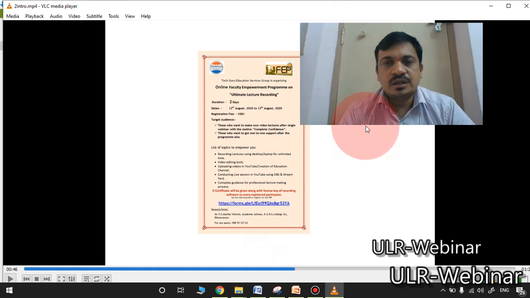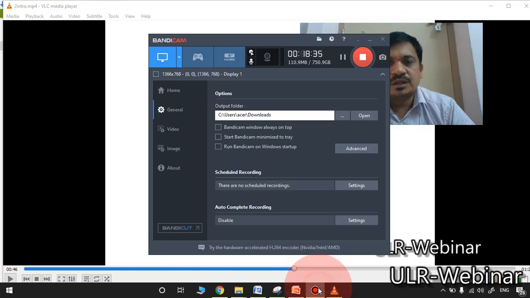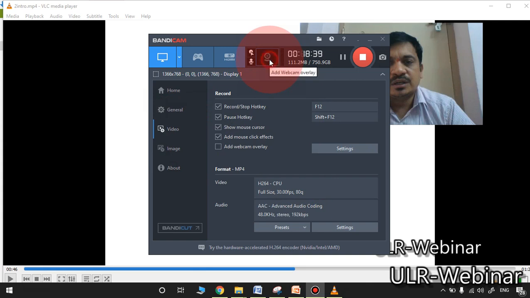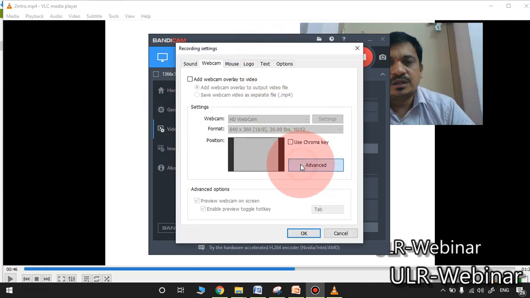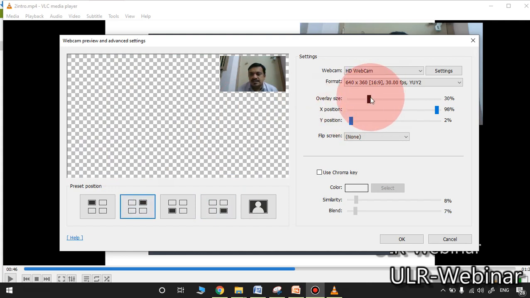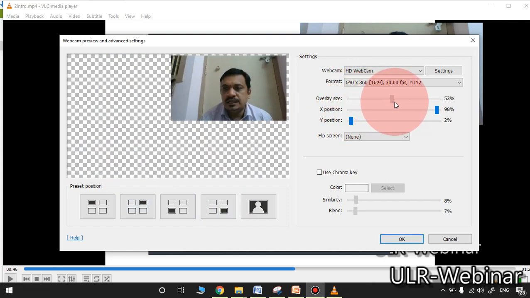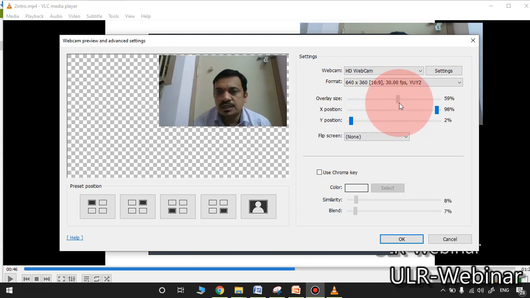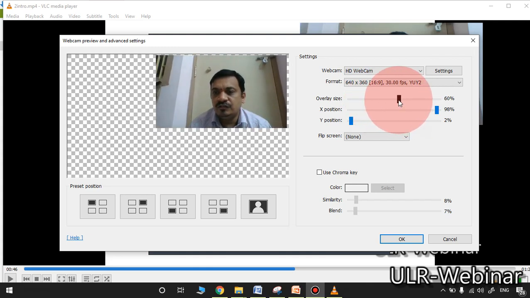You may change the camera span by using the settings. Here you may adjust the size of the camera. Initially I have chosen a large window size.